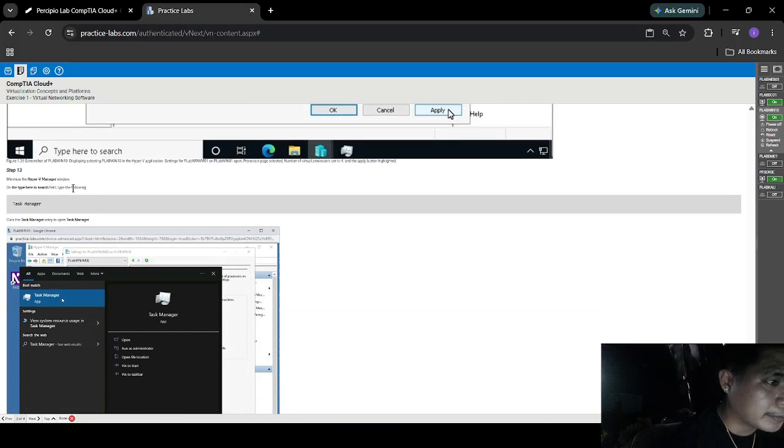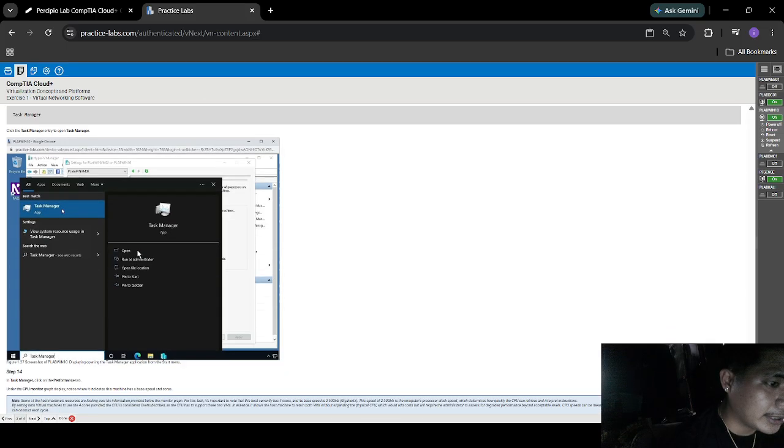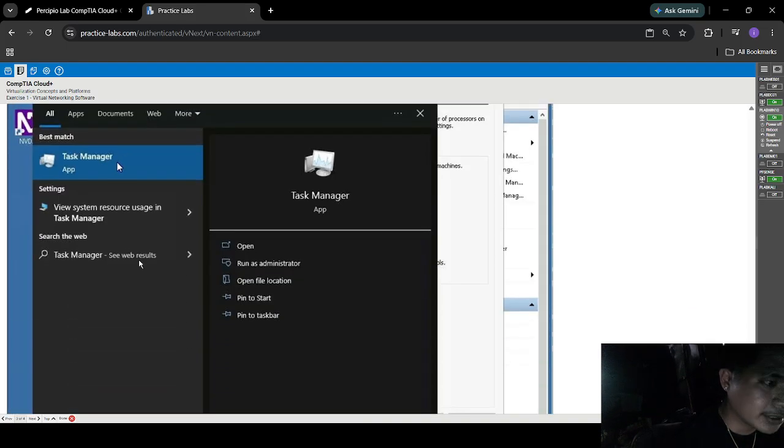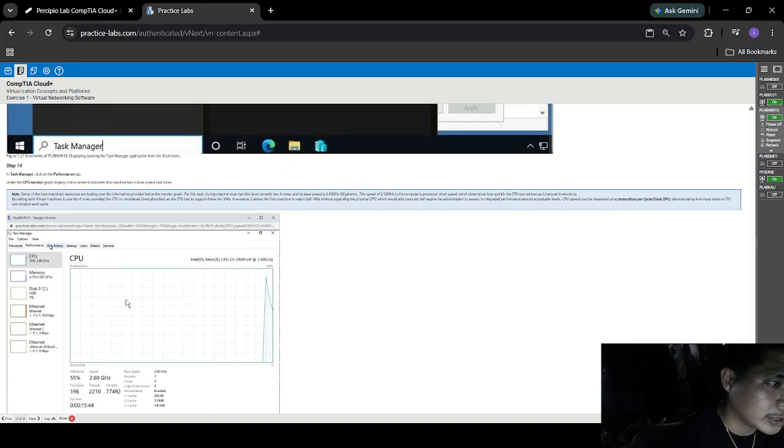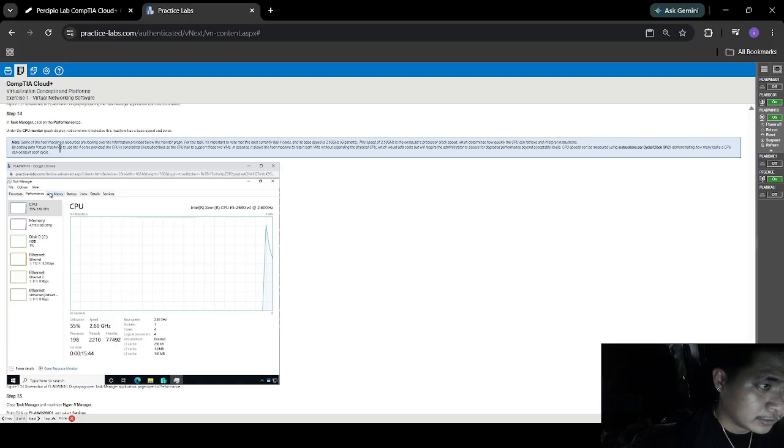So minimize the Hyper-V Manager window, and in the search bar here, search for Task Manager, and proceed to step 14. In Task Manager, click on the Performance tab. So under the CPU monitor graph display, notice where it indicates the machine's base speed and cores.